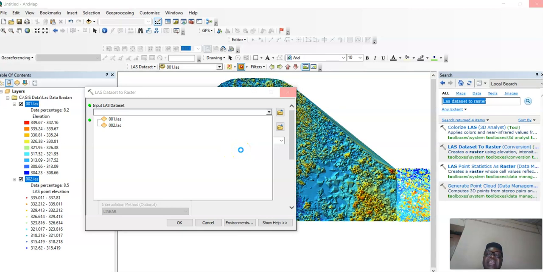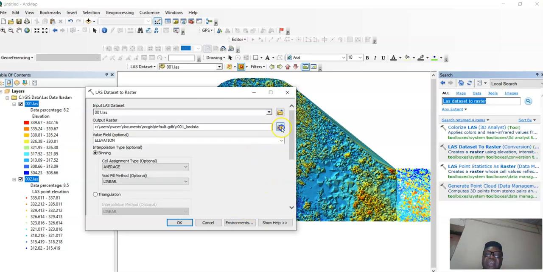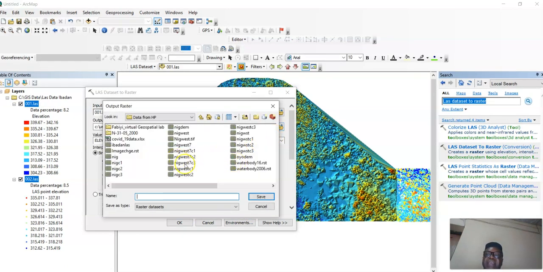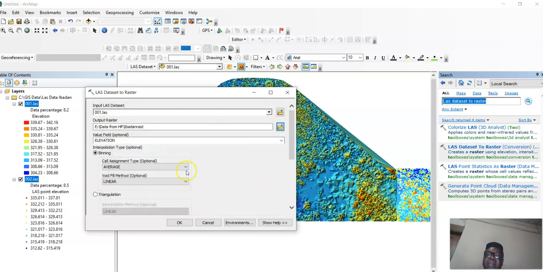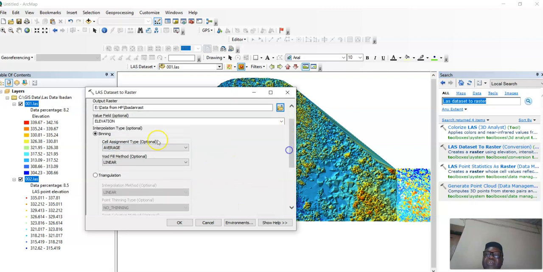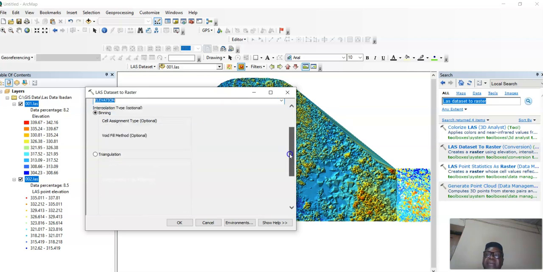Then you select the output data. What do you want the output name to be? You give it an output name, and after you give it the output name, you navigate to where you want to put the data. Call it Ibadan Rast. You save. Then the interpolation method you want to use: we are going to use the elevation data under it.